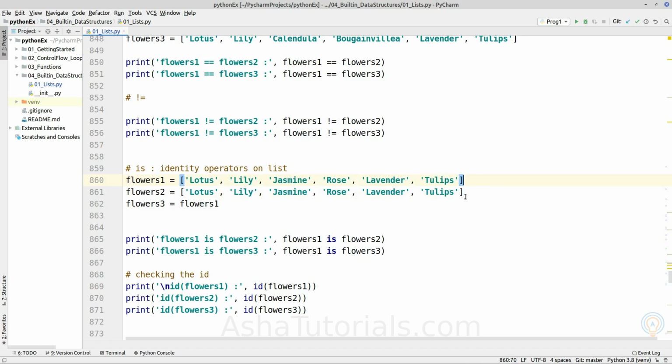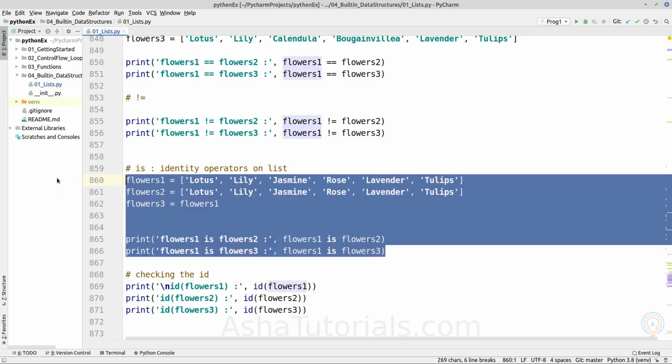Despite having the same value, both are constructing different list objects. So both of these variables will have different memory locations, and for this third variable flowers 3, we are copying just the memory address which is pointed to by flowers 1. So both of these will point to the same object inside the memory.